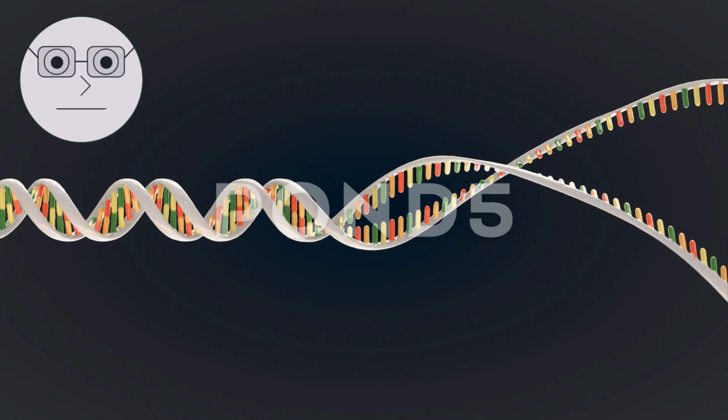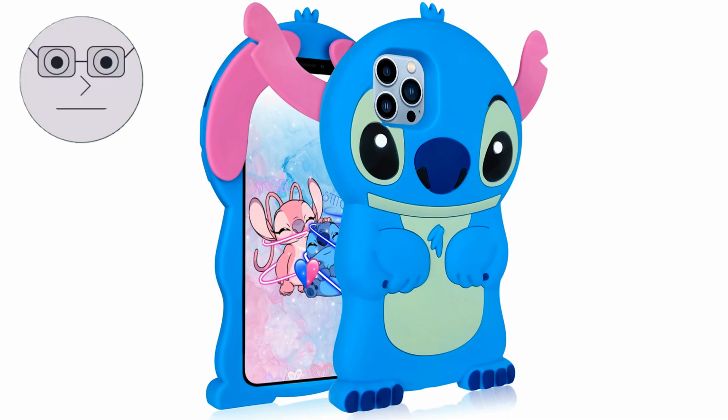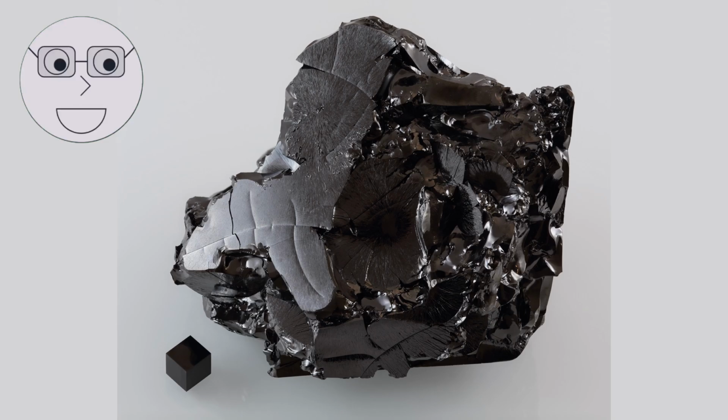Animation of a DNA molecule. But could life exist elsewhere in the universe, based on different chemistry? It's possible. Silicon, for example, has similar chemical properties to carbon and could potentially form the basis of life. Animation of a silicon-based life form. However, we have yet to discover any evidence of life based on anything other than carbon. So for now, carbon remains the foundation of life as we know it.